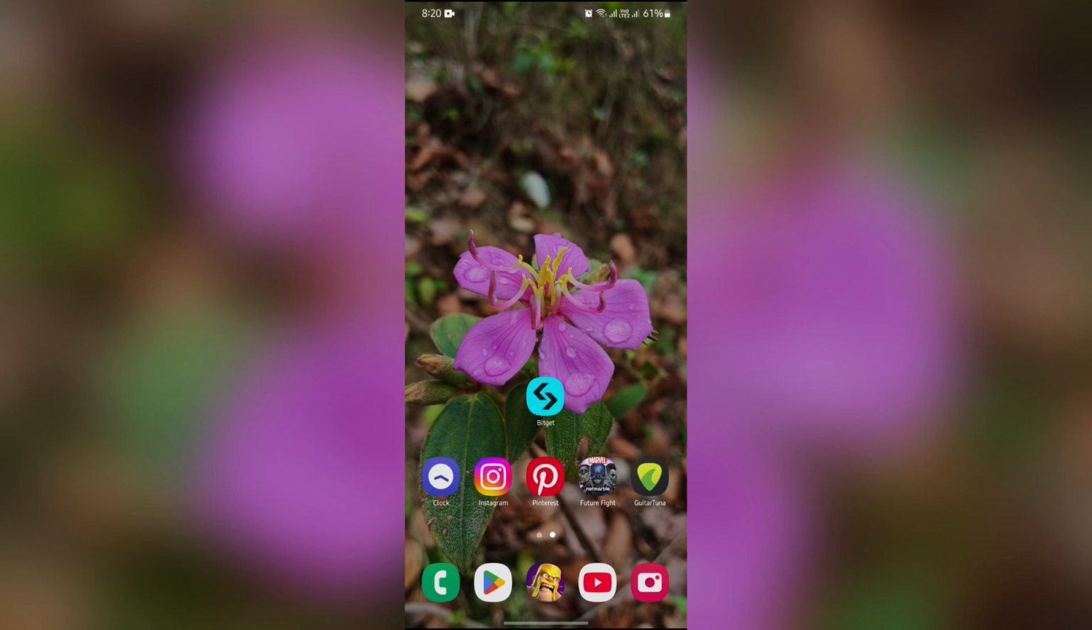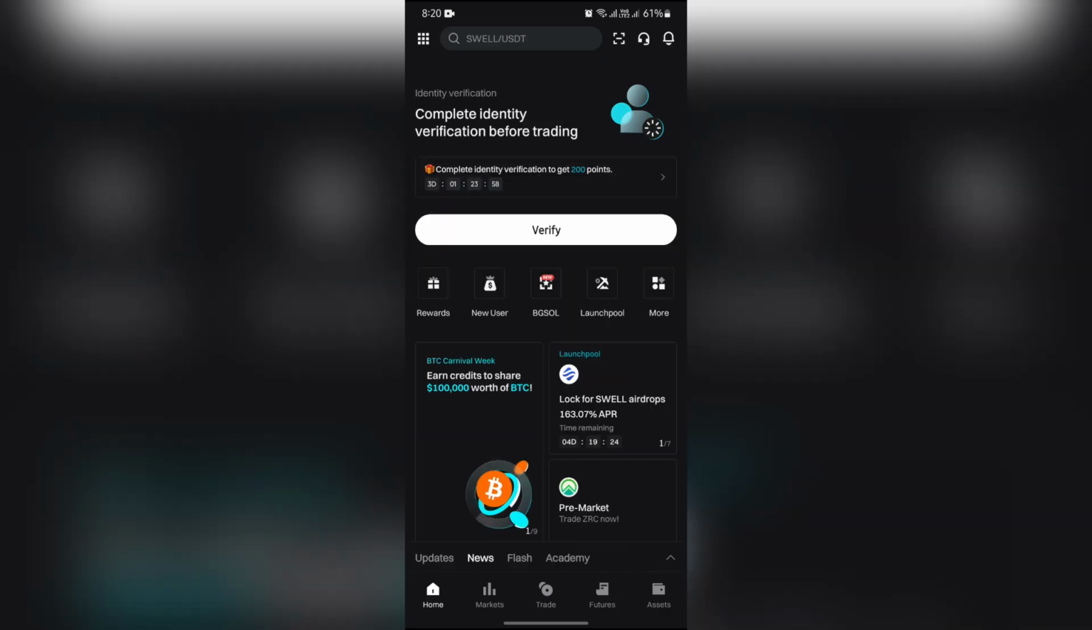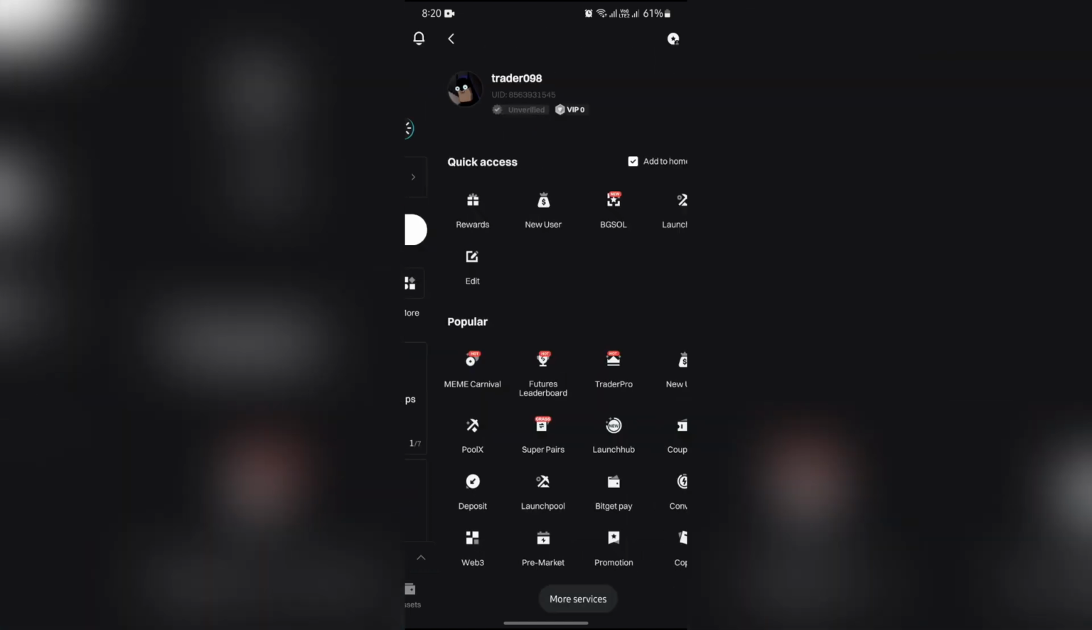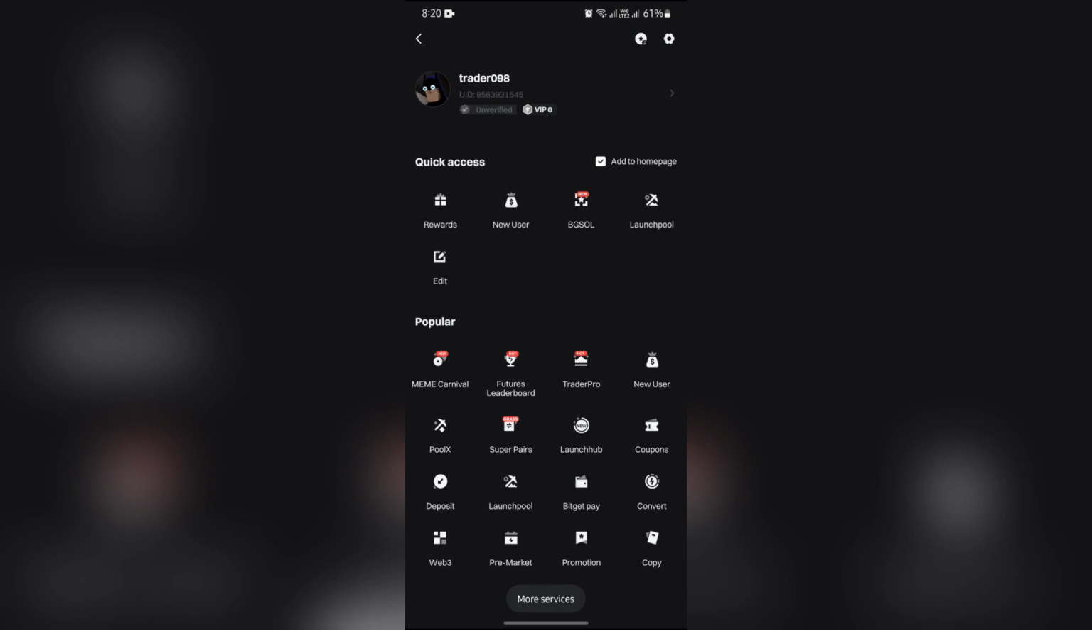Now in order to do that, you simply have to open your Bitget application, and after opening the Bitget application you will see this icon in the top left corner. Just simply tap on that, and after that you will get this option of rewards in quick access. Simply select rewards and you will be